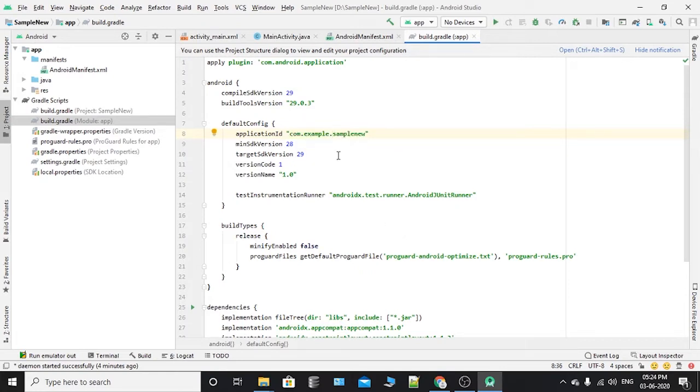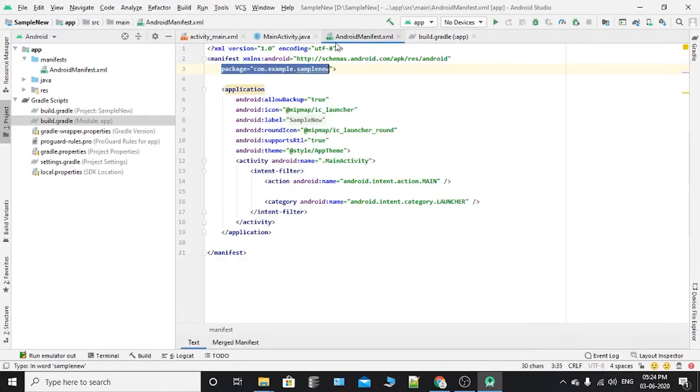You may get confused if the package name in manifest and application ID in build Gradle gets changed, but if you keep them same, you have nothing to worry about. Again go to Android manifest.